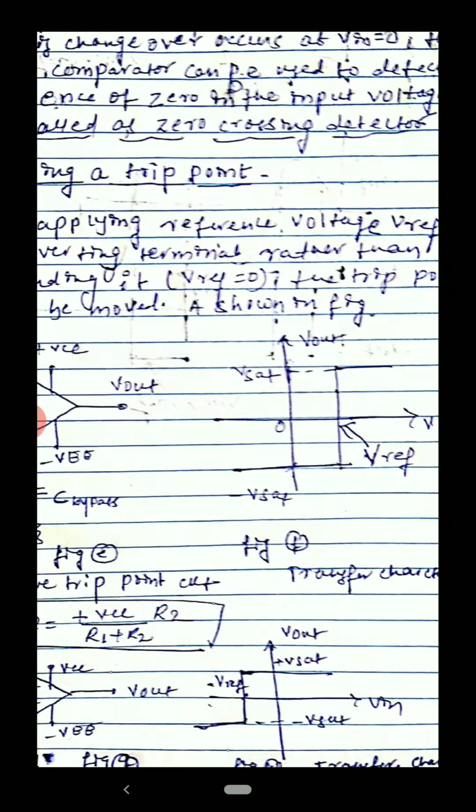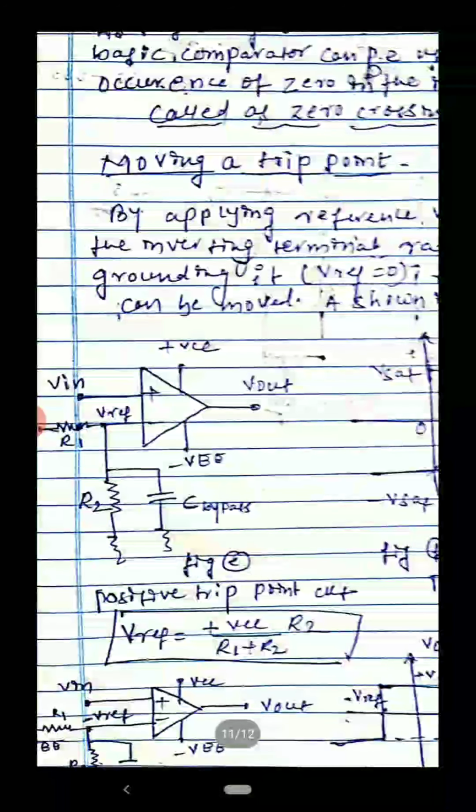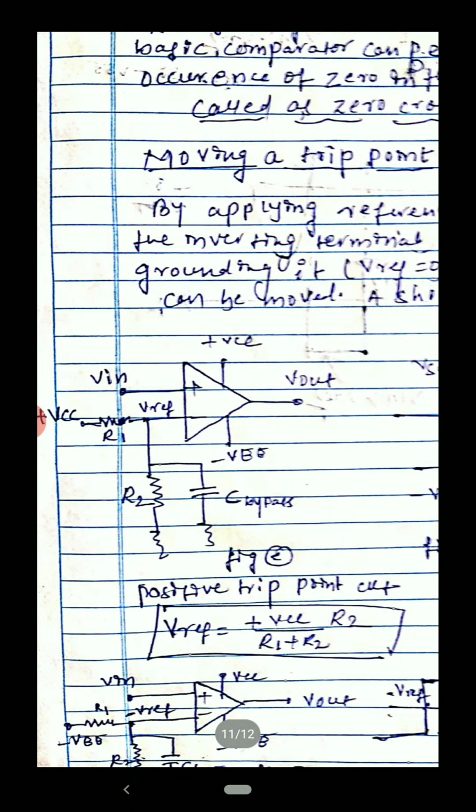There is one more capacitor used here, bypass capacitor C. You can see this is used to eliminate the noise and ripple voltages present in the VCC. Given VCC, you have given it to R1 and R2, right? Through that you have given it to the inverting terminal. So you are avoiding ripples and noise voltage going to the inverting terminal by bypassing them through a capacitor.